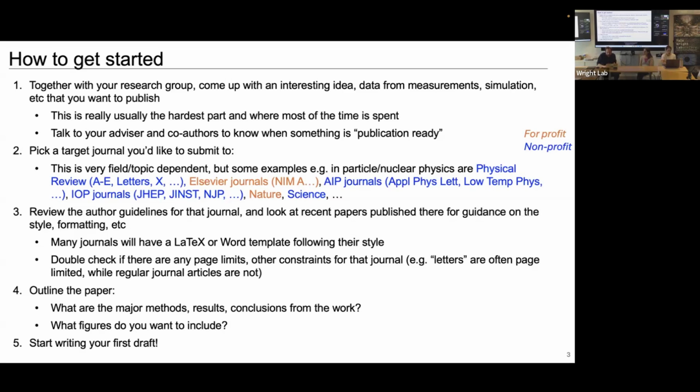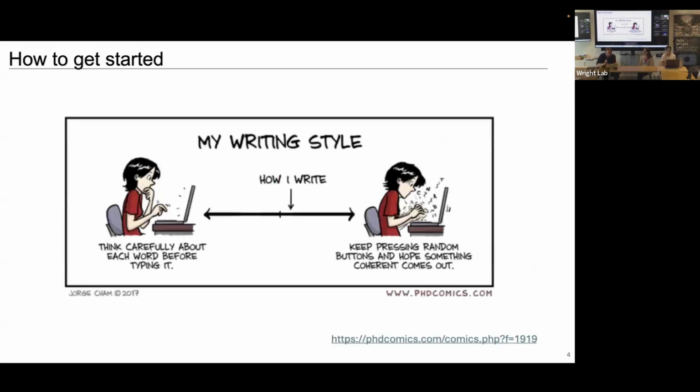And then start writing, because as we'll see, there's much to do once you start writing. So again, PhD Comics is a great resource for all kinds of things about writing, because it's such a big part of what we do. You could think very carefully about every word before typing, or just randomly type things. And maybe you want to err on just getting stuff on the page, maybe a little closer to the random than trying to write the perfect thing the first time, because getting something down in place allows you to iterate on it and come back to that.